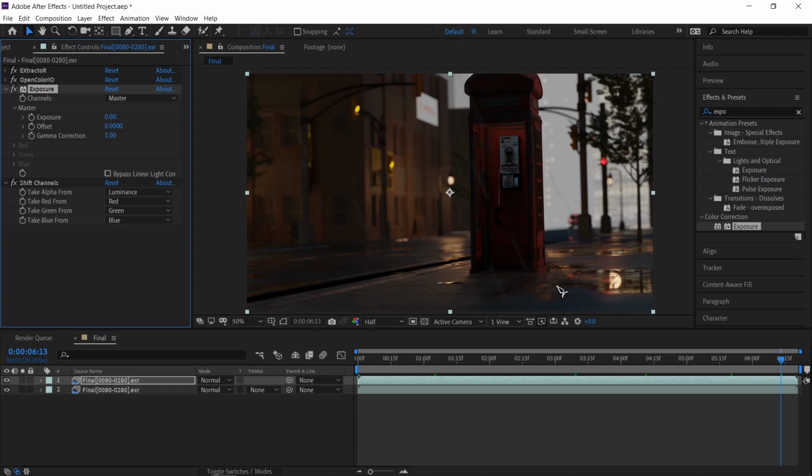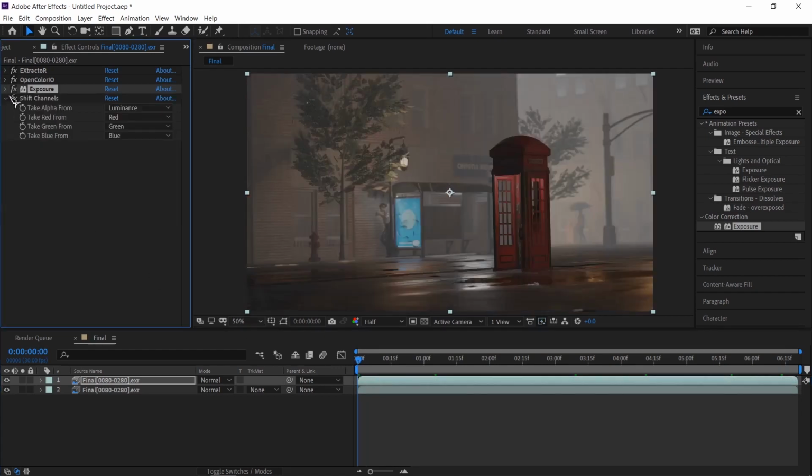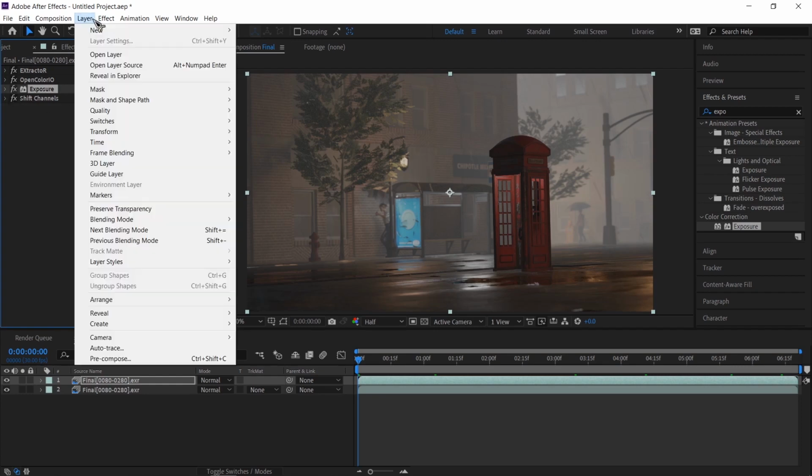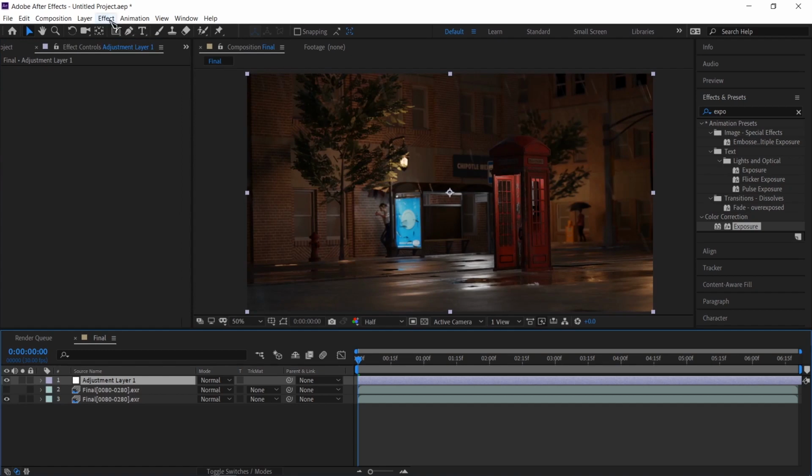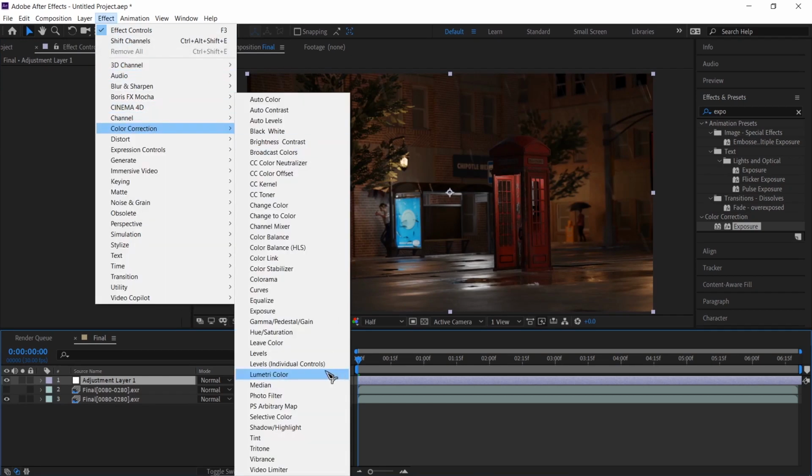It took about 30 plus hours to render out 200 frames, but this rendering will only take about 5 to 7 minutes to render out the whole thing. So we can render out the whole thing multiple times if needed. Keep this at 1, go back to frame 1, and let's add some color correction to this. So I'm going to add an adjustment layer and add all the effects I want onto this. I want to turn the fog off,